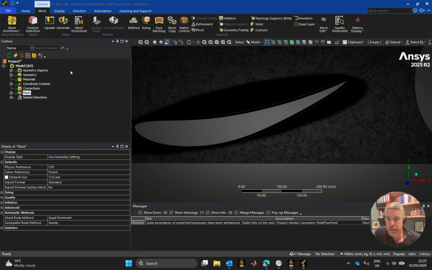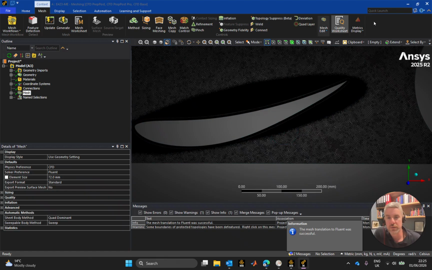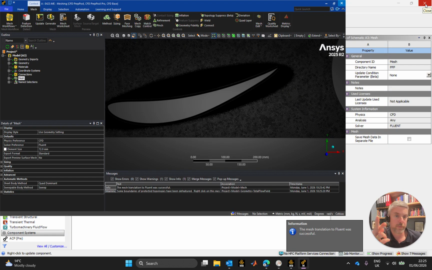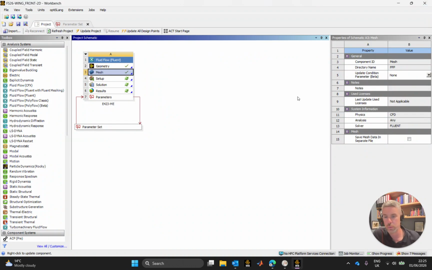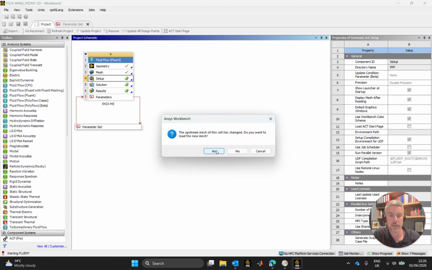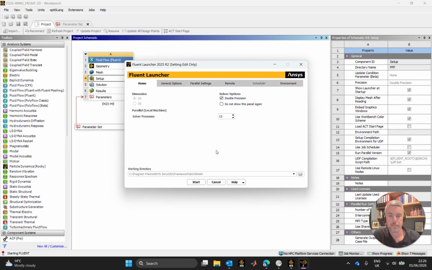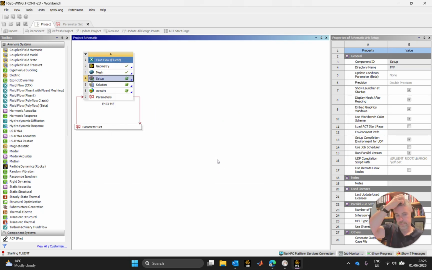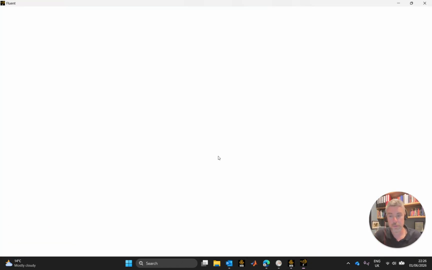Okay, I just went on ahead and just generated that mesh again. I can confirm that no automatic connections have been made. The mesh is good, and I'm just going to select translation is successful. So there's the meshing on. Finally, now I'm just going to jump into Fluent. I'm going to start Fluent and just validate. I hope, fingers crossed, that when it comes in, there isn't any trouble with the zones, as was what we'd seen in the last one. So if there isn't any trouble with the zones, I'll be happy enough